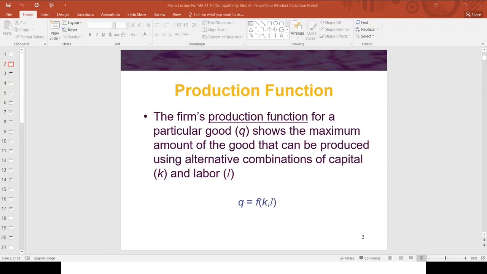A high sigma implies nearly straight isoquants, a low sigma implies sharply curved ones. Technical progress shifts the entire production function and isoquant map in a new direction, and technical improvement may arise from the use of more productive inputs or better